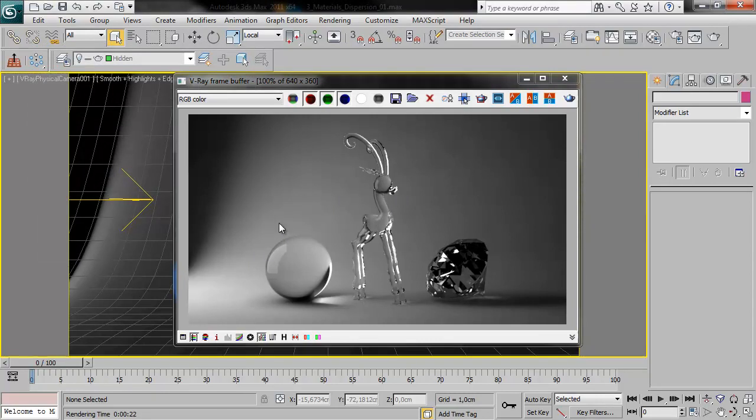Okay, so the image has rendered, and this is basically what you get from a plain glass material in VRay